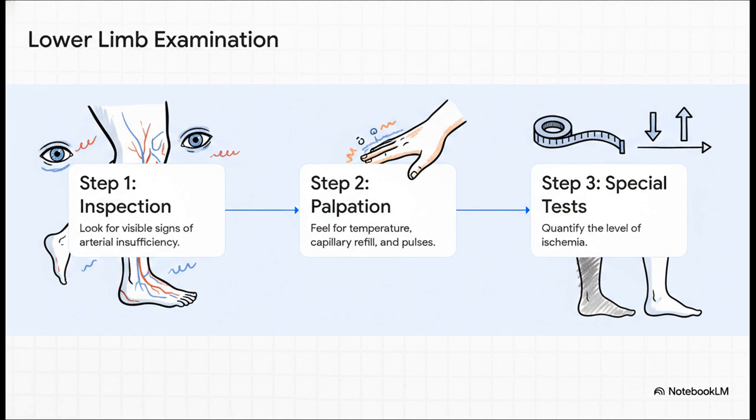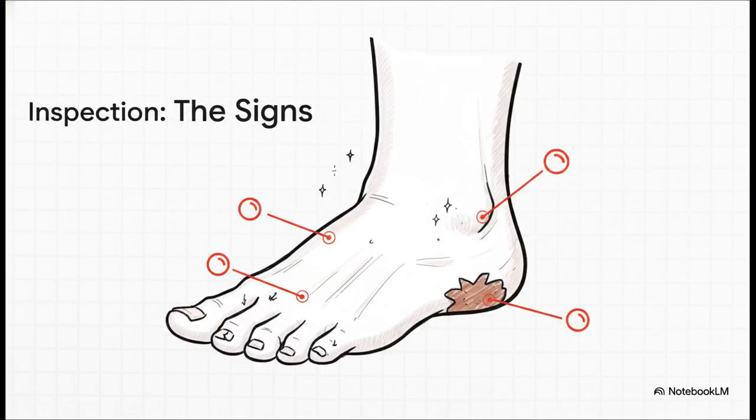For the physical exam, I would follow a systematic approach. Inspection, then palpation, and any necessary special tests. And the absolute key here is to constantly compare the affected leg with the contralateral, or good, leg. On inspection, I'm looking for any telltale signs. You can learn so much just by looking. I'm checking for pallor, loss of hair, shiny skin, or changes in the nails, which often suggest chronic poor blood flow. I'm also looking for any ulcers or fissures, and of course, any acute discoloration that might signal a more